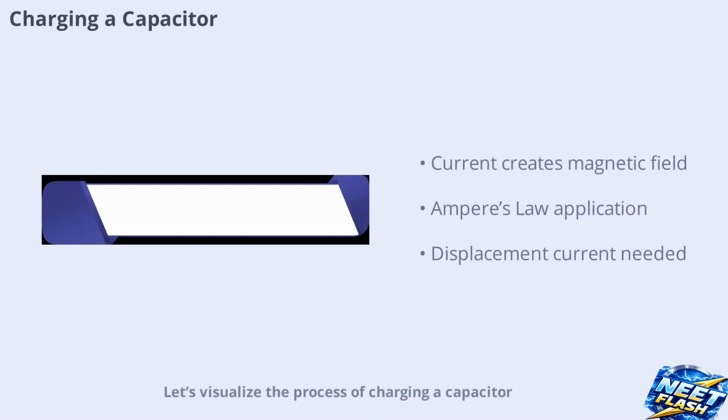Let's visualize the process of charging a capacitor. When a current flows through a wire, it creates a magnetic field around it. Using Ampere's law, we can calculate the magnetic field at a point outside the wire. However, if we choose a surface that passes between the capacitor plates, no current crosses it and the magnetic field